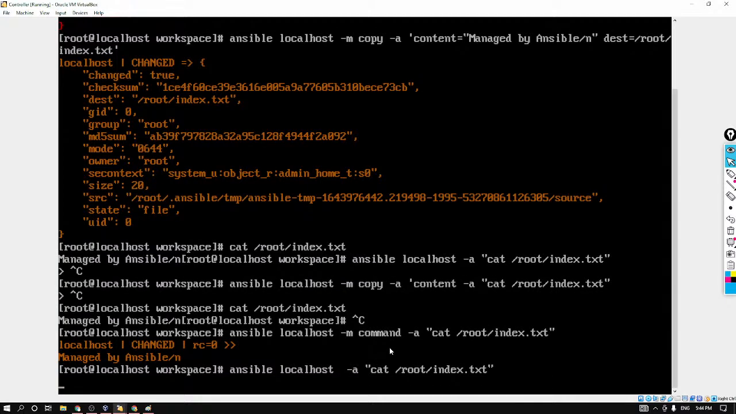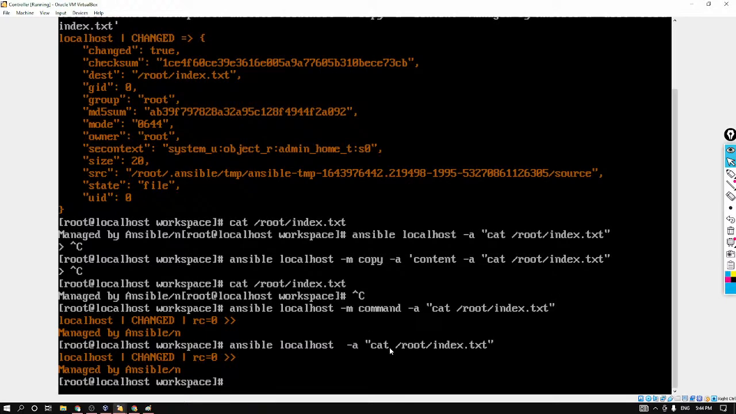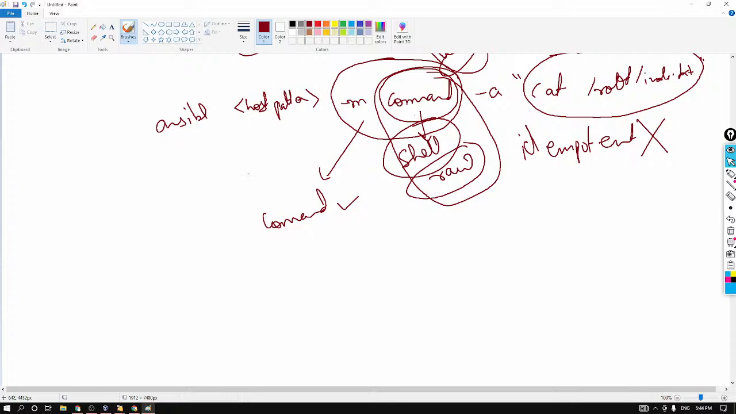Again we will get the same output, because by default Ansible takes the module as command only. And we have discussed two modules, command and shell module. So both have approximately the same use case, that with the help of both modules we can run the command as it is. Fine. But